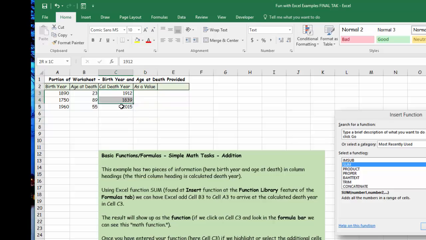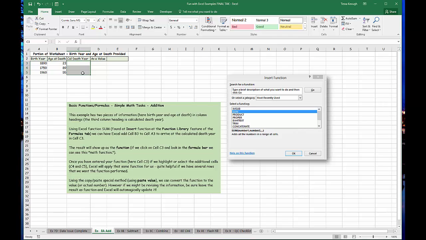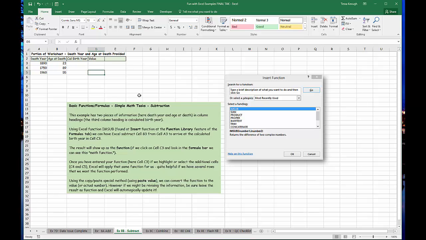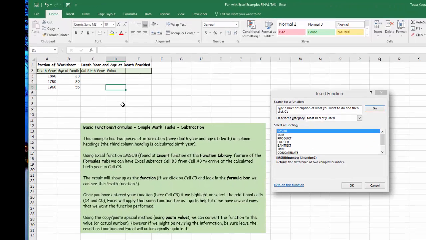And I'm going to take this information out here now because I want you to work with that yourself. And that's addition. Now we can do the same thing with subtraction. Say we have a death year and an age at death. We could calculate the birth year, and yet again I've also included the value. So you can take a look at the green cheat sheet, and you can also take a look at the